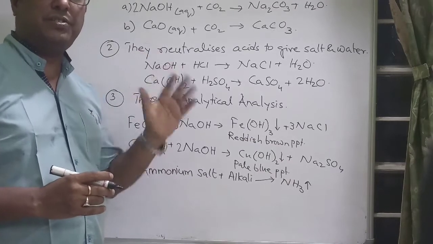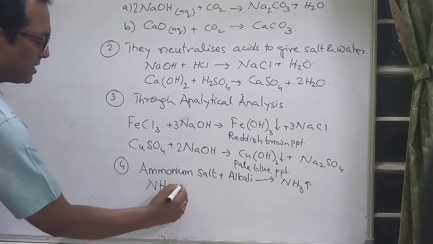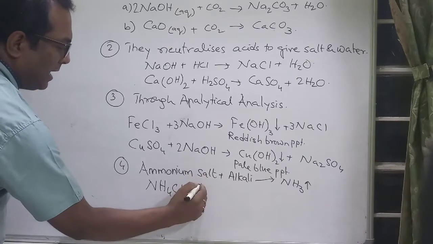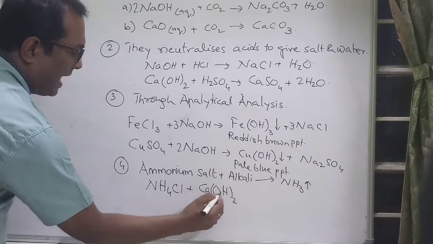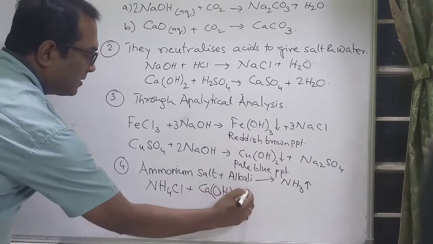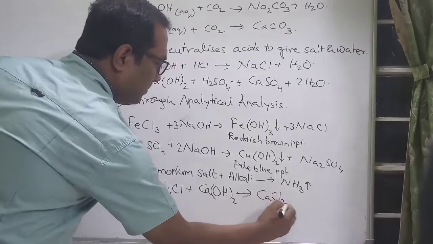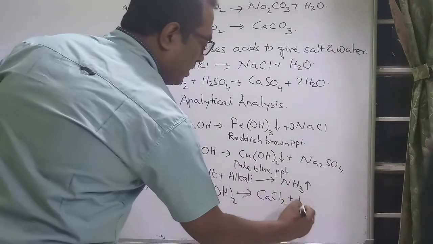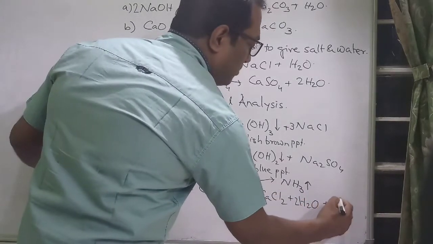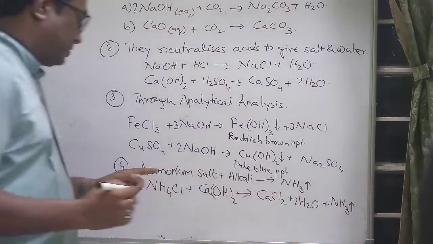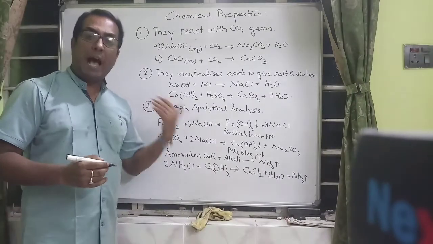This is so nice, it's interesting. Let us see that here ammonium salt, if I take NH4Cl and if I take here say sodium hydroxide or calcium hydroxide, you can take any kind of alkalis. What is going to happen is that here calcium will take chlorine and form calcium chloride. At the same time you will have water as well, and together with the water you would be getting ammonia gas. So any kind of ammonium salt, whether it is ammonium chloride, ammonium carbonate, ammonium sulfate,